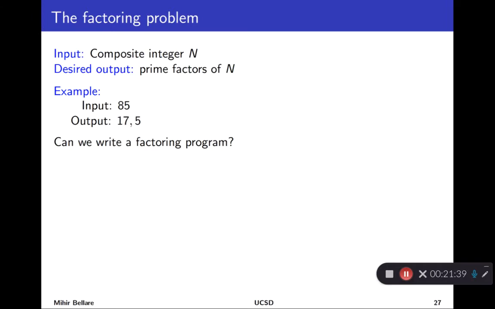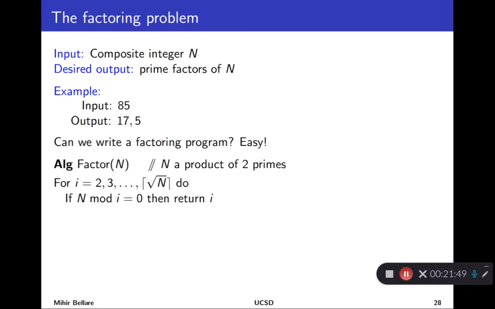And the real question we want to answer is, can you write a program that factors arbitrary integers? Well, you can, because we just ran one on that web page, but how would you do it? There is a way to do that. It's quite obvious. If I have to factor a number n, for simplicity, say it's a product of two distinct primes, just like 85, I just search for divisors. So I try possible divisors starting from 2.